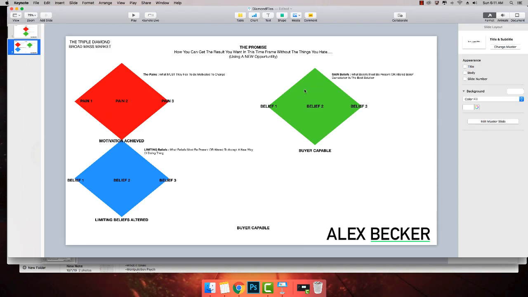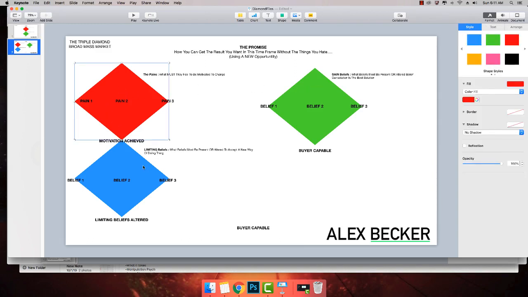Because what we do in the triple diamond is we put them in pain, we introduce a new way of doing things, a new way of viewing things in their life to get out of this pain, to escape the pain that they're in right now, and then we show them our best way of doing the new thing. So for example, a person wants to be more healthy, we make them feel massive pain about their current diet. We introduce